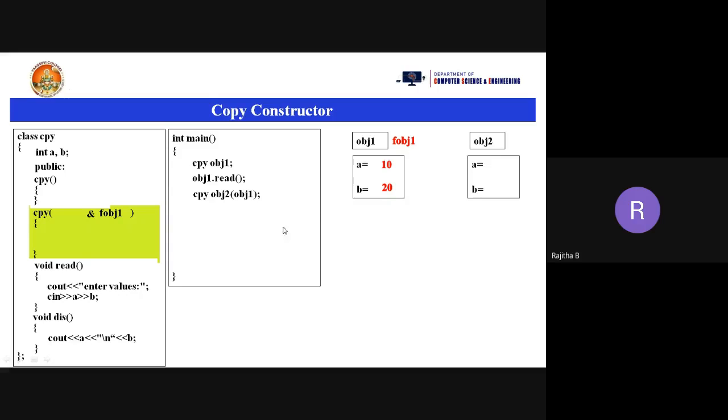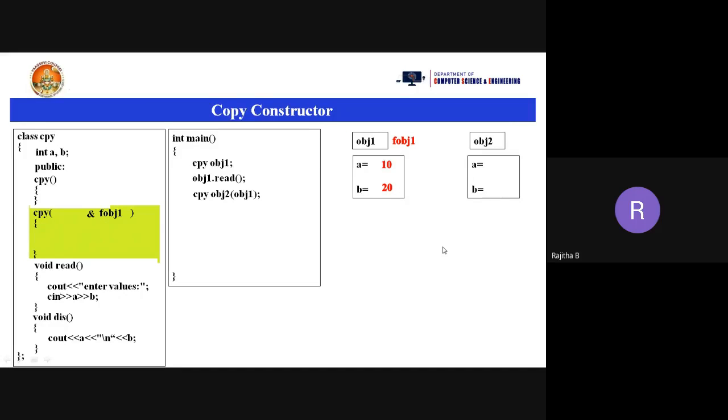Now what is the data type of this particular fobj1 here? What is the data type of obj1? What is the data type of A here? Integer. And what is the data type of B? Integer only. Now when you are passing read of A, what is the A variable there?